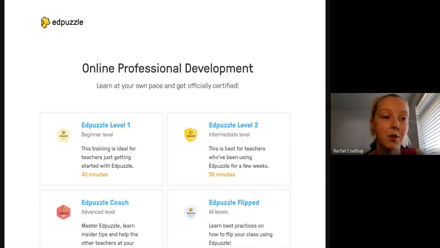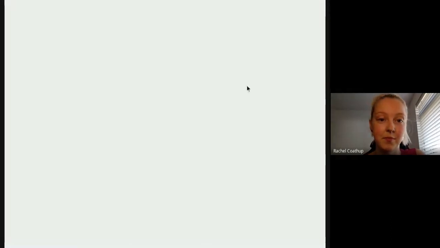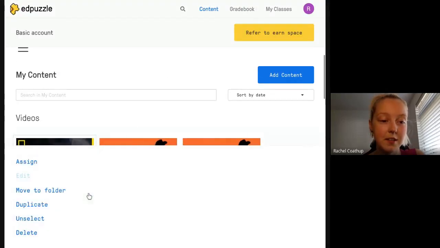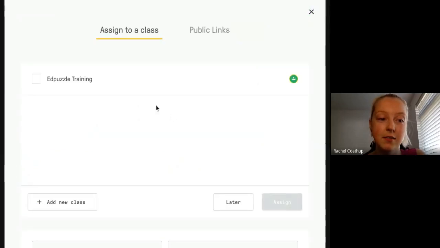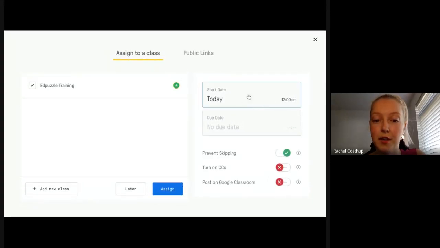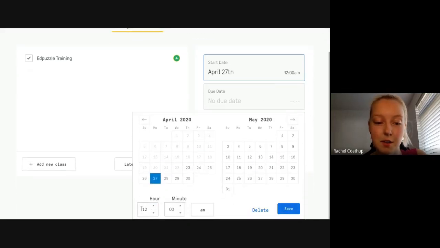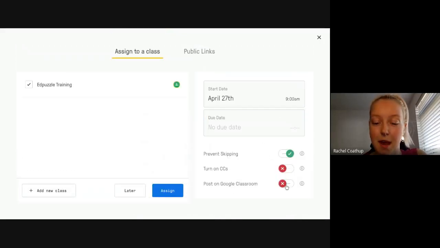Yeah, Sam, so all you need to do there is, for your specific content that you want to assign, just tap on Assign, select the class that you want to assign it to, and then on the right-hand side of the screen, select when you want to assign it for, and then specify the specific time as well. So say, for example, 9 o'clock, and then whether you want that to post onto Google Classroom, you can do that